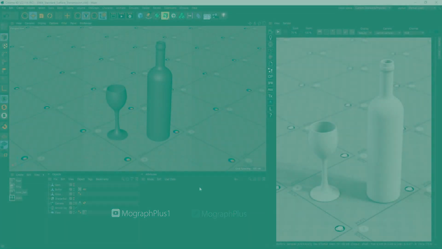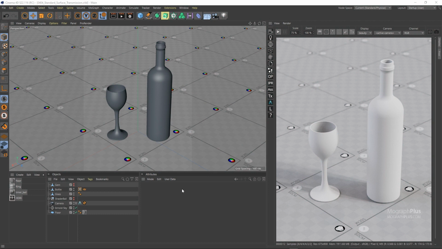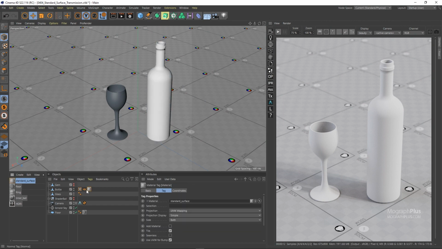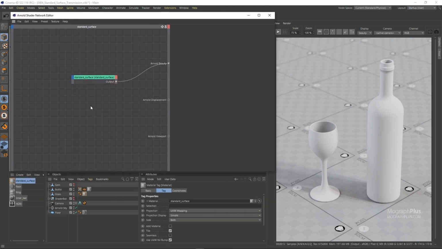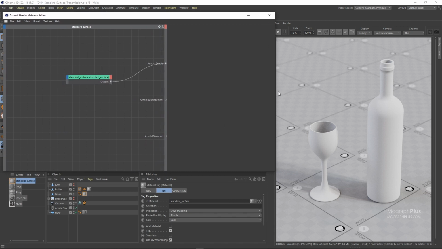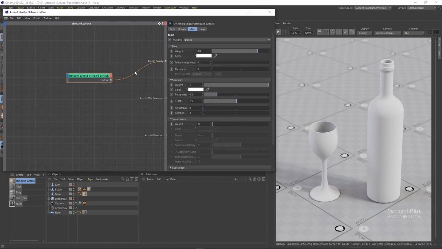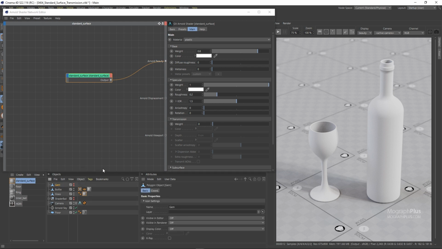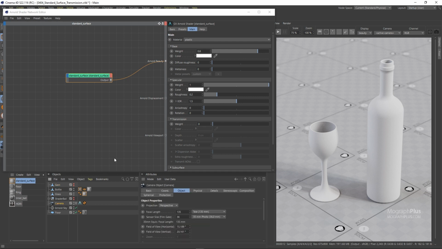So in this video, we talk about the transmission section of the standard surface shader. Let's create a new standard surface shader and assign it to the bottle and the glass objects, and open up the network editor. Transmission allows light to scatter through the surface, so you can create refractive and transmissive materials such as glass, water,